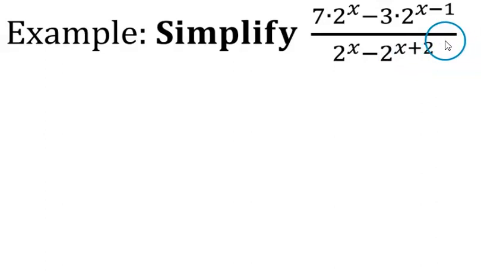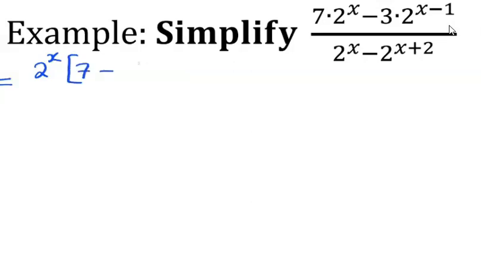So if we look at the expression here, we note that there is a common factor, 2 to the x. So let us take out 2 to the x in the numerator as well as in the denominator. Take out 2 to the x in the numerator, then for my first term, I will end up with a